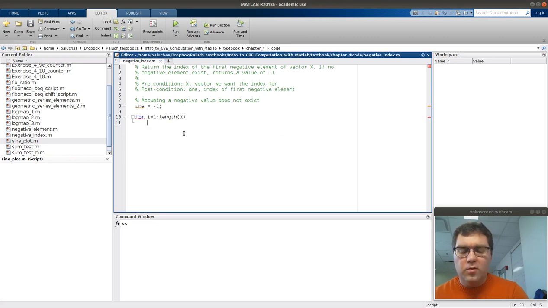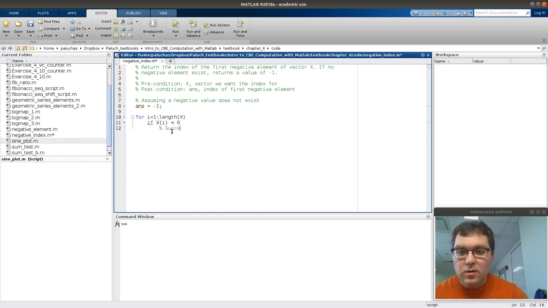And then what do we want to do each loop iteration? Well, I'd like to check to see if that ith element of vector x is negative. If it is, I found my answer, I want that index, and we can exit since I only want the first one. So let's do if x of i, the ith element of x, is less than 0. Notice MATLAB is automatically keeping track of the indentation and formatting for me, which is great, especially when I have compound statements like this. So if x of i is less than 0,